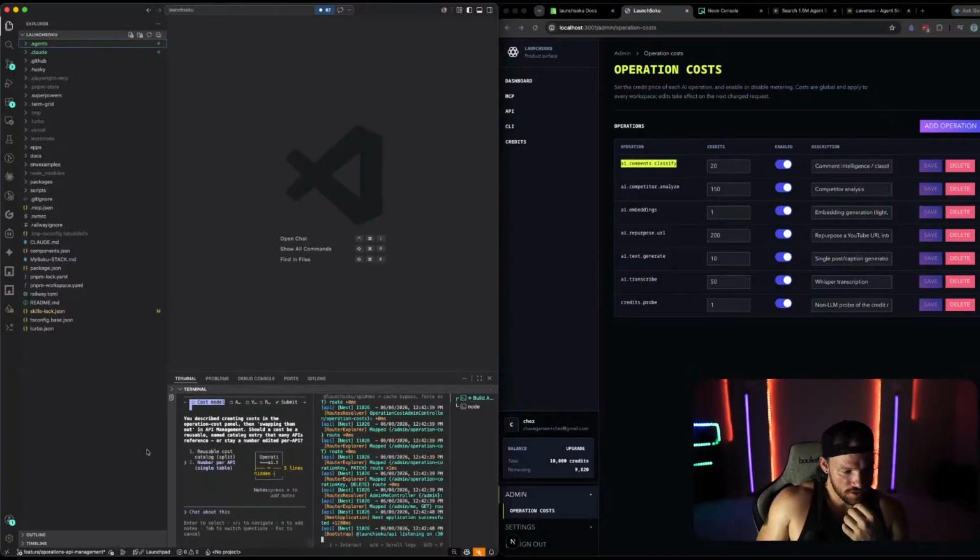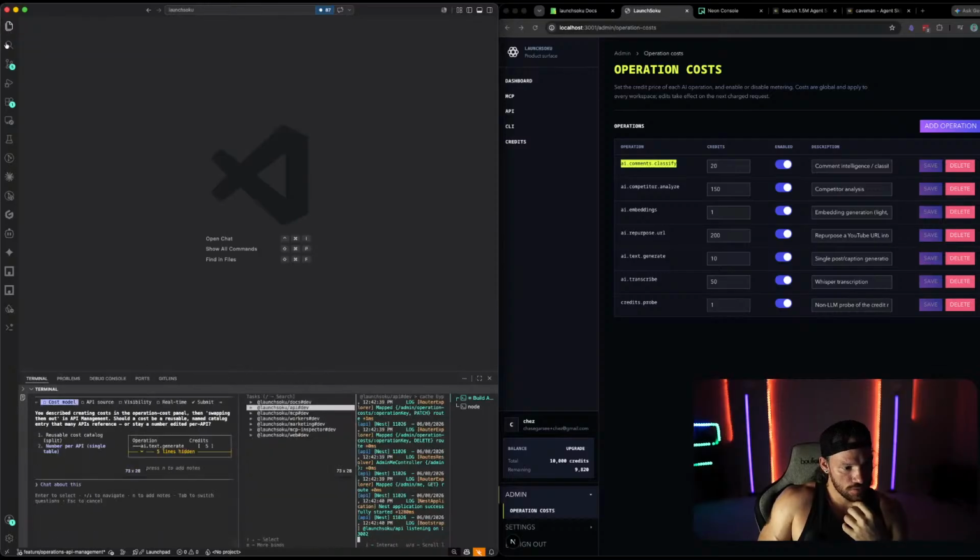Reusable costs. I still don't understand this question. You described creating costs in the operation cost panel. I already did this. So costs are already able to be created. They're the credits system that already gets deducted. I don't want to change anything about that underlying system other than the naming conventions. Again, users should be able to create a name instead of